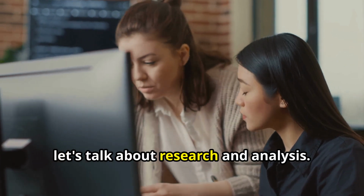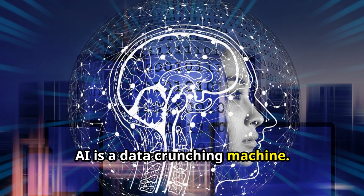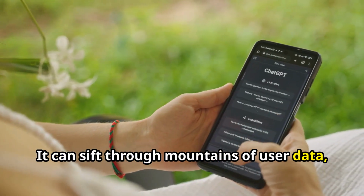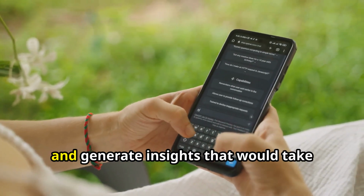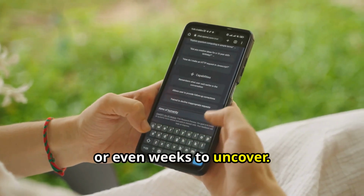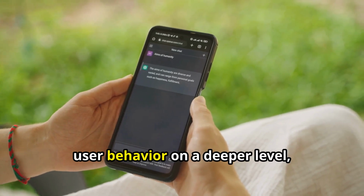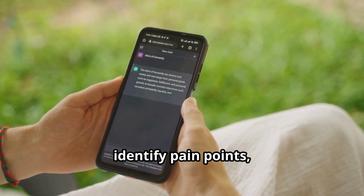Next, let's talk about research and analysis. AI is a data crunching machine. It can sift through mountains of user data, identify patterns, and generate insights that would take humans hours, days, or even weeks to uncover. This allows UX researchers to understand user behavior on a deeper level, identify pain points, and